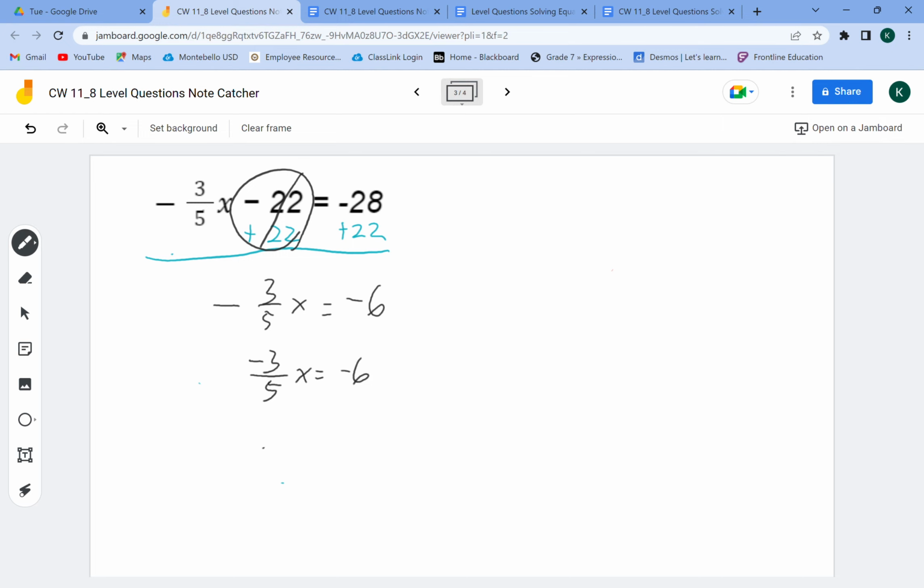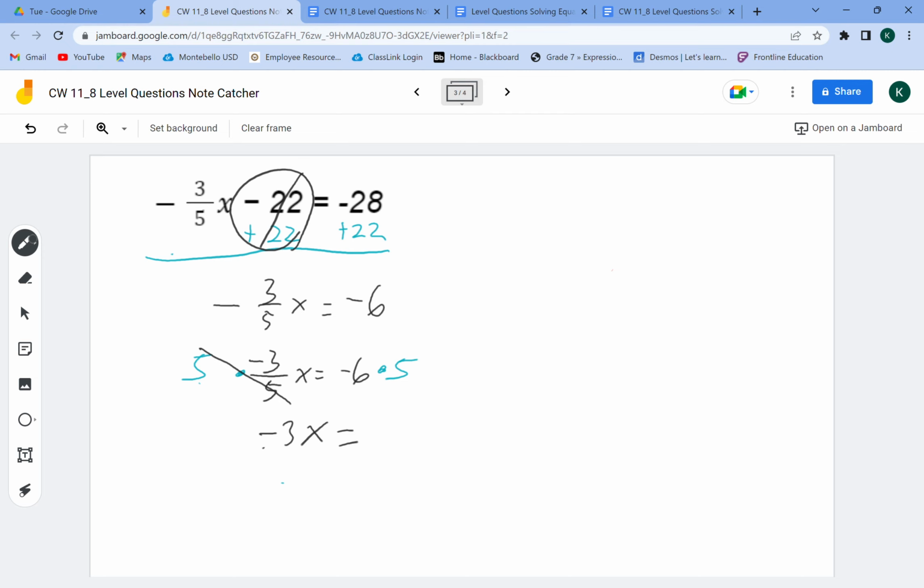Okay? Now, the tough part is, well, how do you get rid of this fraction, right? So notice I want to undo what I see first. So notice that my eye focuses on this division bar. And notice that it's dividing by 5. So what I want to do is the inverse of that, or the opposite. So the opposite of dividing by 5 is multiplying by 5. So I go ahead and multiply by 5 on both sides. And the reason I want to do that is because right here it creates a giant 1. Okay, so then I get negative 3x, because it makes a 1, it goes away here, equals